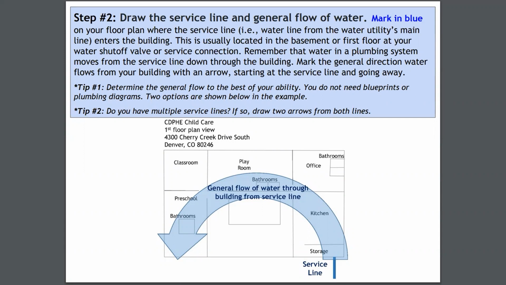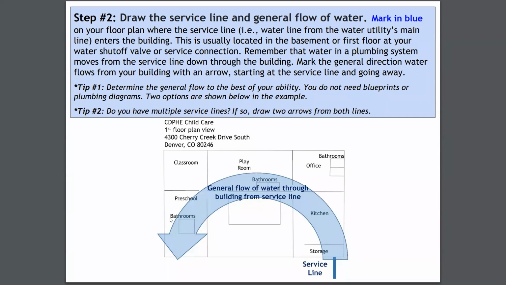Now, if you sampled starting at the end of your service line, theoretically, you would be flushing fresh water through that plumbing each time you sampled. And so you wouldn't necessarily get that 8 to 18 hour scenario. So again, we want you to think about your building and what the general flow of water going through the building is. Now you can see here, we've drawn a big blue line.